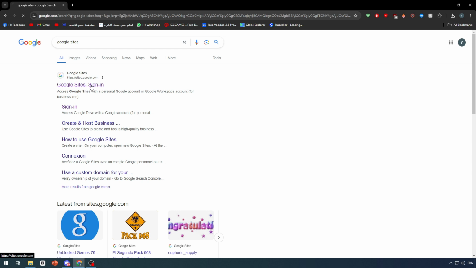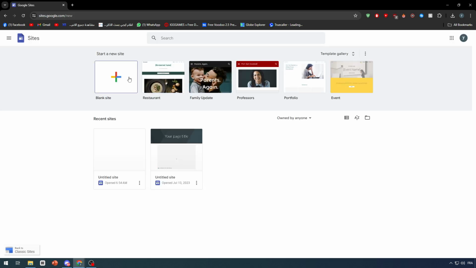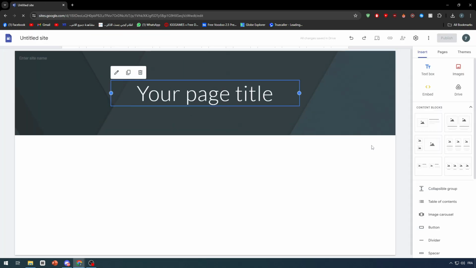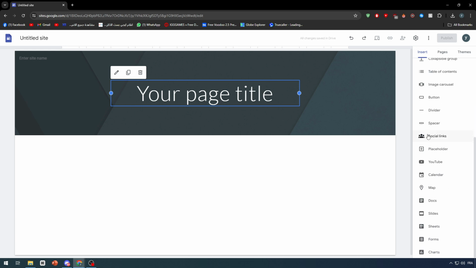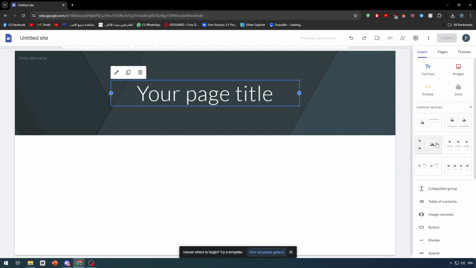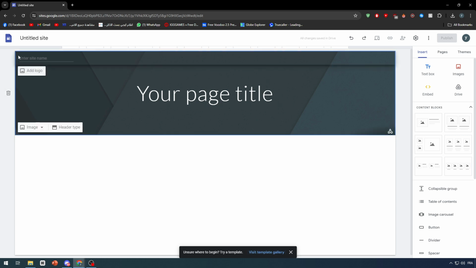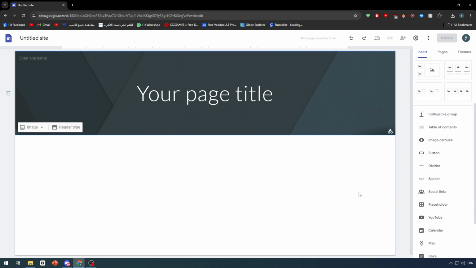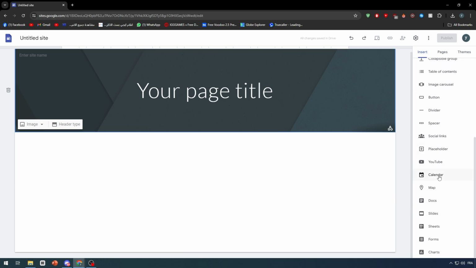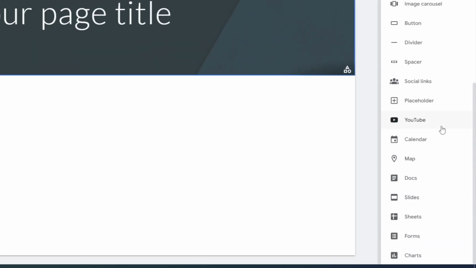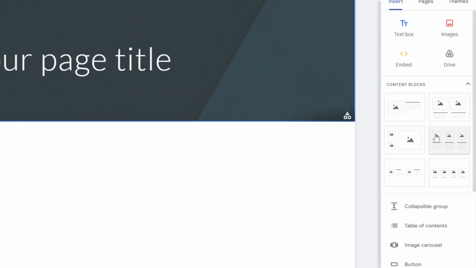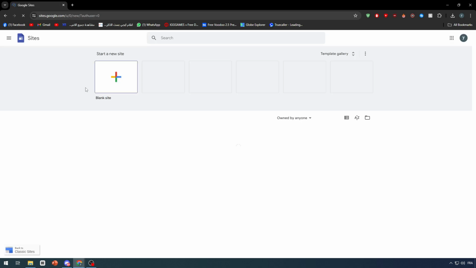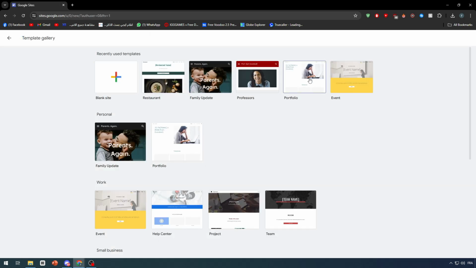So let's go ahead guys and sign into Google Sites, and after that I'm going to go with the blank sites. Now as you can see here, we don't have a sidebar in this specific blank sites, so for those who are starting with blank sites, unfortunately that's not gonna work for you, unless of course somehow you have added a sidebar into it, which isn't really something that you could add from these sections right here. So what we're gonna do is to go back and try to find something that already